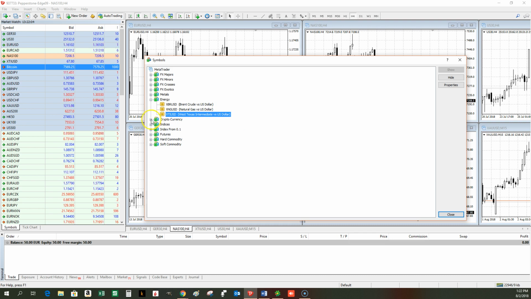But the cryptocurrencies, forget about it. You cannot open any position on them, because the minimum transaction that you can make on Bitcoin, for instance, already requires a margin of 160-something dollars. So it's impossible if you have 50 euro on your account.